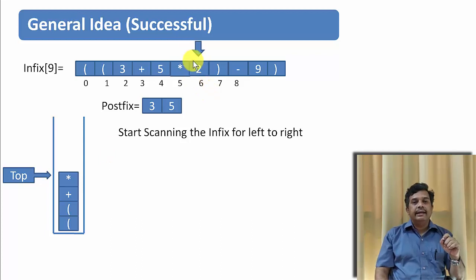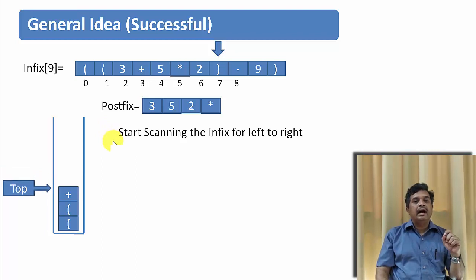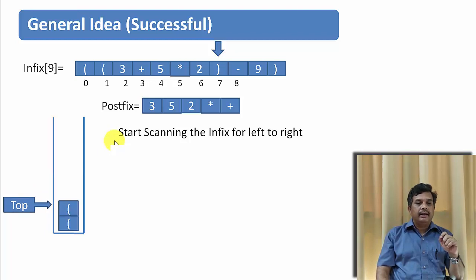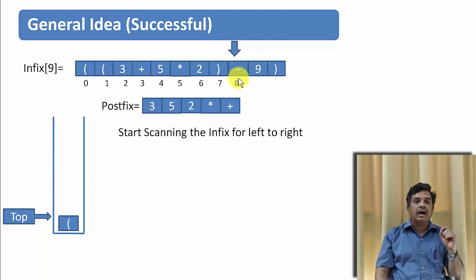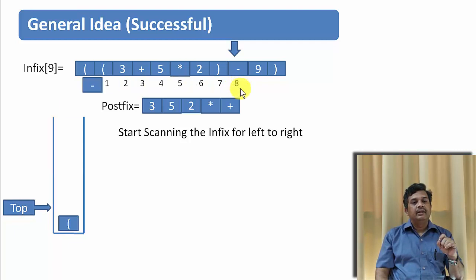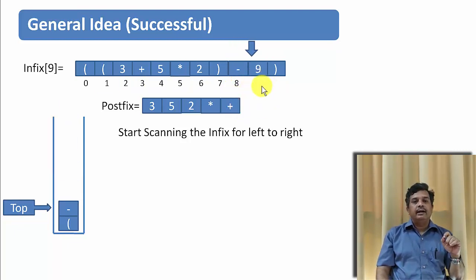Now the next character is a numeric value, that is 2. So I have to write it in the postfix expression. The next character that I got is a right parenthesis. So I'll pop from the top of the stack until the left parenthesis appears and I have to discard the left parenthesis. So this is what I got. Now the next scanned character is minus. Minus is an operator, so I have to push it onto the stack. The next character is a numeric value 9. I have to write it onto the